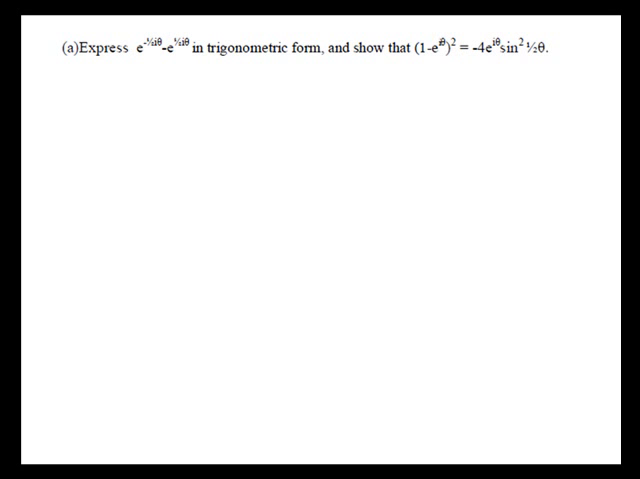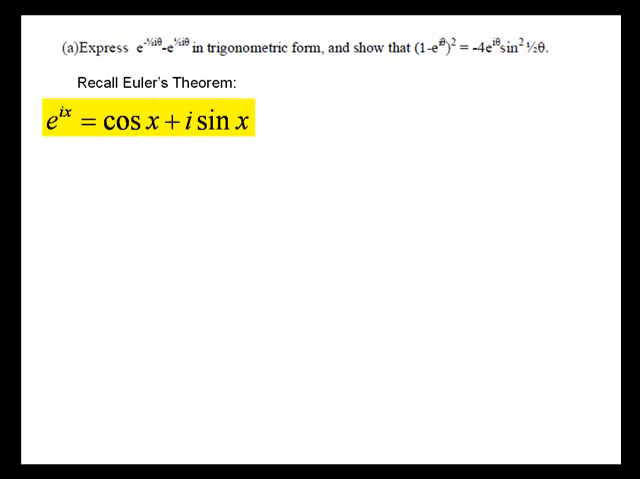We're going to start with the first expression, which is trying to express e to the minus i theta by 2, take away e to the i theta by 2, solely in terms of trigonometric expressions. Before we start, we need to recall Euler's theorem, which states that e to the i x is equal to cos x plus i sine x. We're going to use this to express both parts of the complex number which involve the exponential solely in terms